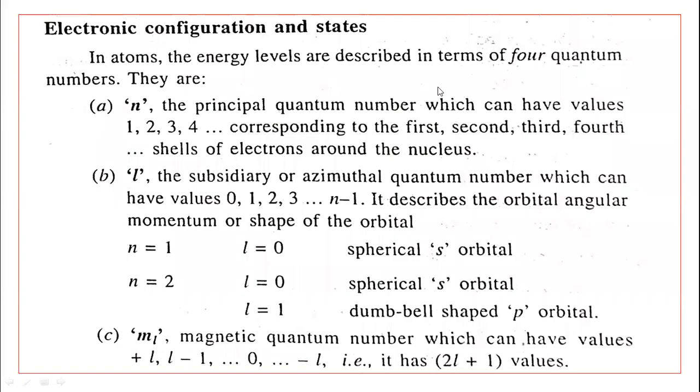So in this lecture, let us discuss the electronic configuration and states. In atoms, the energy levels are described in terms of 4 quantum numbers. If we consider the example of hydrogen atom,